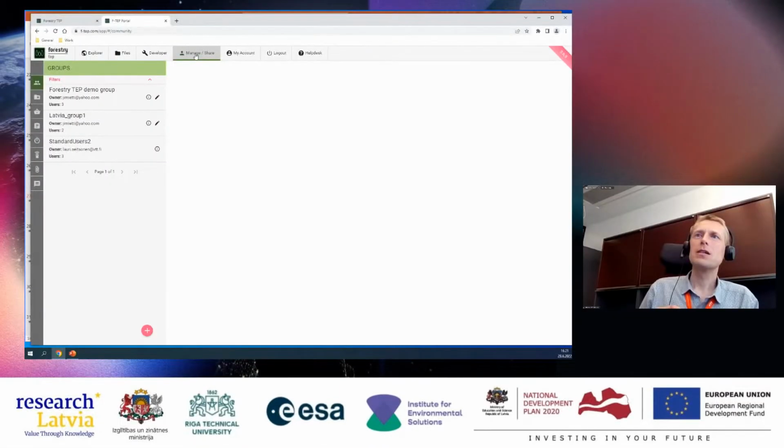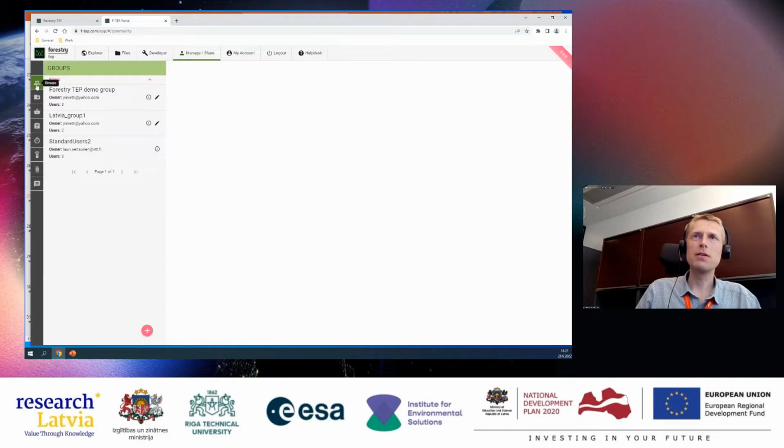Instead, at this point, we could now go and see how to create a group. So now you could push the manage and share interface tab in the upper bar, and when you reach there, you may or may not have this groups panel already open.